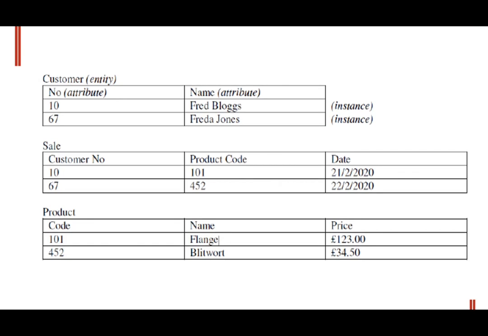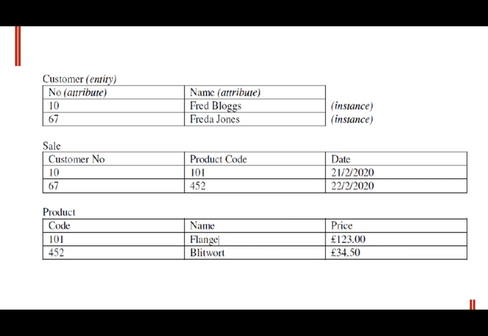So if you look at this table, for example, this is what I referred to. You have a customer table, which is an entity. The attribute would be the customer number, as you can see, or the customer name, or it depends, it could be the online access, the IP address, if it is mainly online. Sale itself is an entity because this is an event. And in any sale we would have the customer number who bought this, the product code of the product that has been bought, maybe the date, so we can trace them. But frankly, in this case,